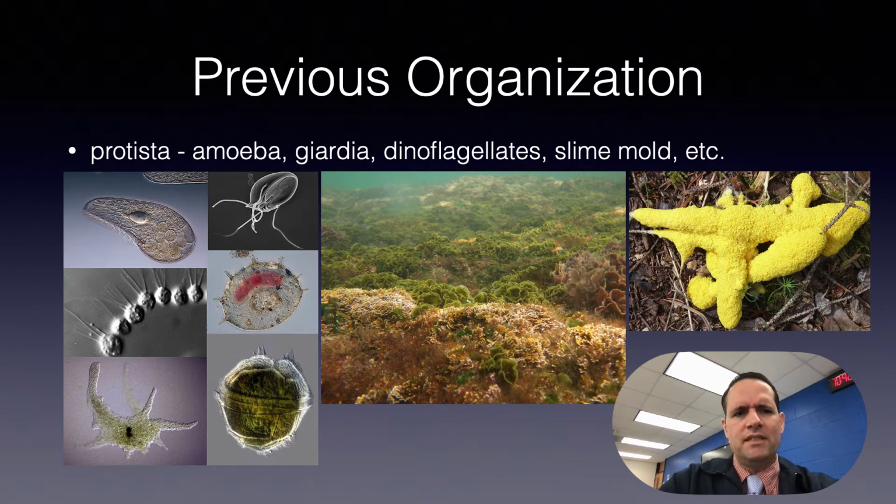Finally, we'll talk about Protista. These are unicellular organisms like amoeba, giardia, dinoflagellates, and slime mold. Here in the middle, we have some algae. Red algae, green algae, and many different kinds of algae are examples of Protista. Up here on the upper right is slime mold, and this one here is affectionately referred to as dog vomit slime mold. If you see that around the forest floor, that's what that is. Explore that at your own risk.